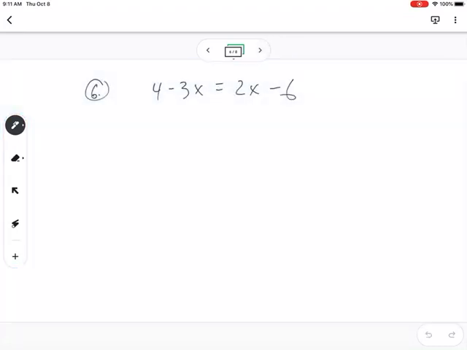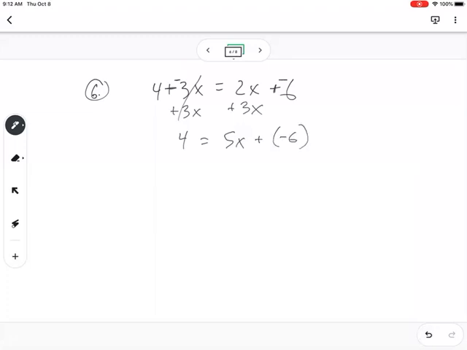Number 6. Okay, now we have a variable on both sides. First step is look at each side. Is each side already as simplified as it can get? And the answer is yes, because we have no terms that can be combined. I'm going to change subtraction to adding the opposite. And now we want to deal with our variable on both sides. You can get rid of either the negative 3x or the 2x. I'm going to get rid of the negative 3x, and I'm going to do that by adding a positive 3x. And I have to do that to both sides. So these go away by design. So I'm just left with 4 equals 5x